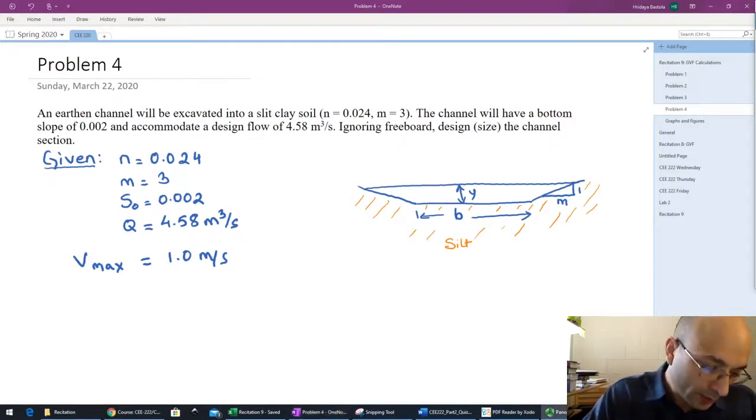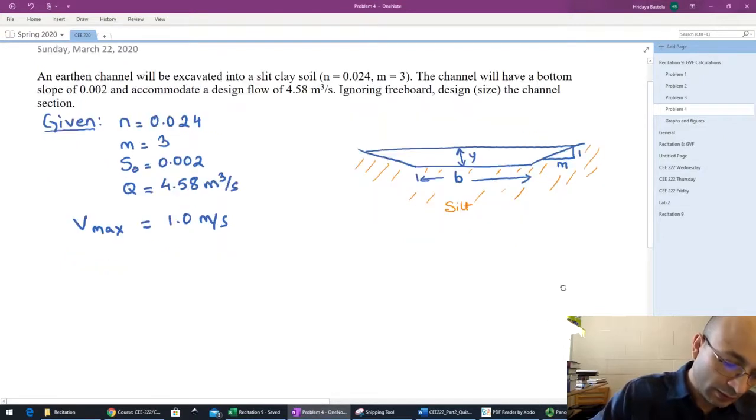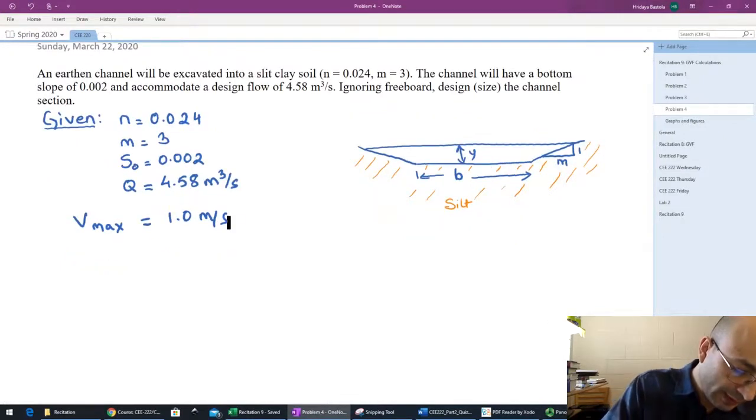Okay. So we are given all the channel properties here. This is a trapezoidal channel. The side slope is 3. We're given the Manning's roughness, the design discharge, and the channel slope. So using Manning's equation,